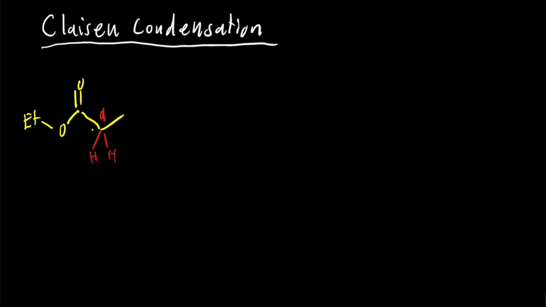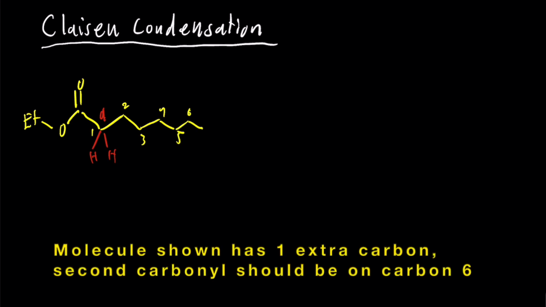So we can also number these. That's number 1. Let's mark it here. This will be our second, third, fourth, and our fifth. So what will happen here is we'll have our other ester, which again has the same leaving group,